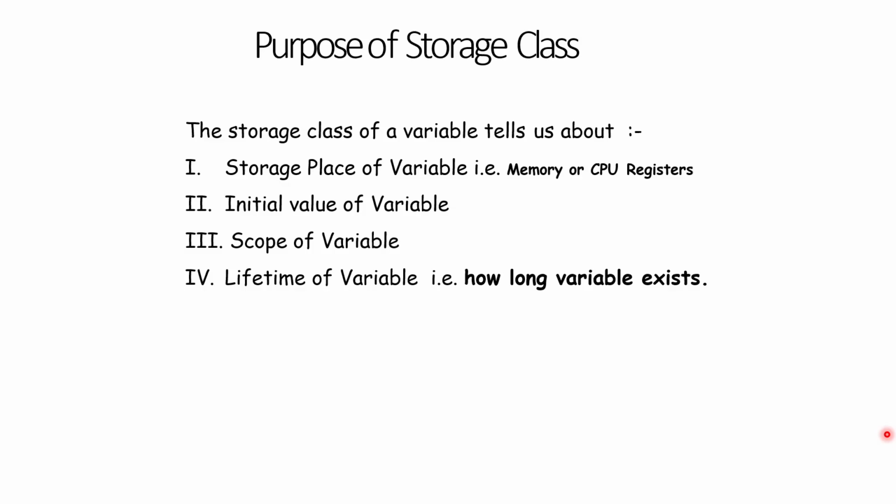Now, this scope of a variable obviously is defined with respect to the declaration part, in exactly which location you have declared the variable, that we have seen. But other than this, the storage class is also a very important point, because based on the storage class there are some limitations or some facilities we will get for some specific variables. And the fourth point, which is very vital, is lifetime of a variable.